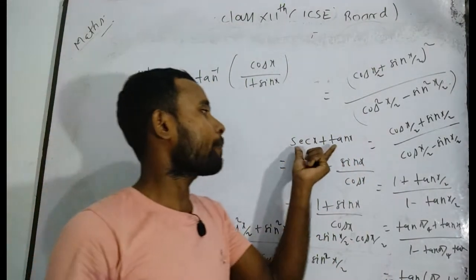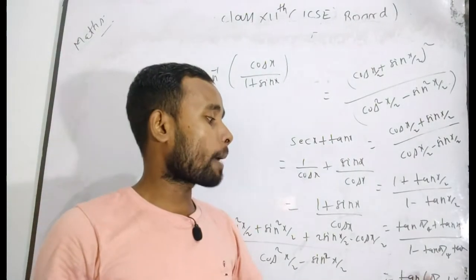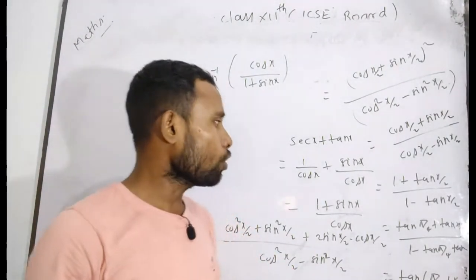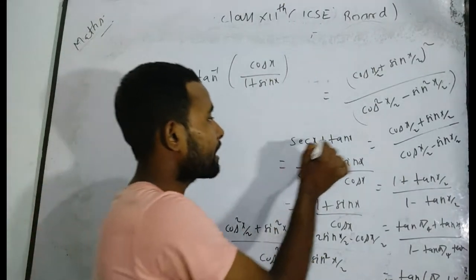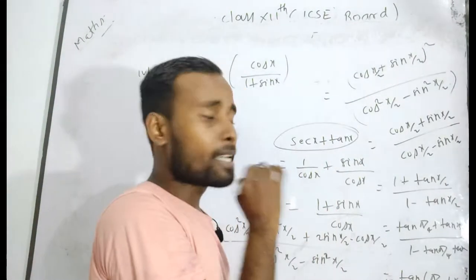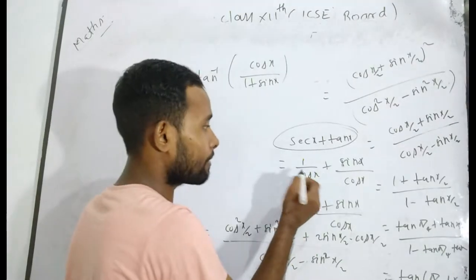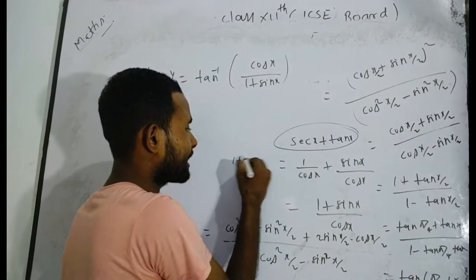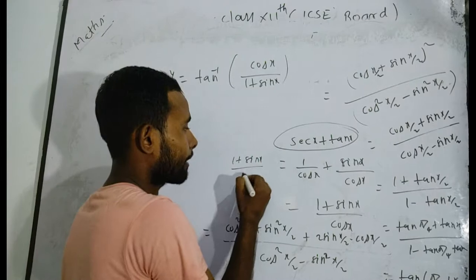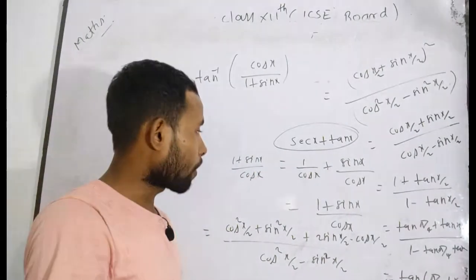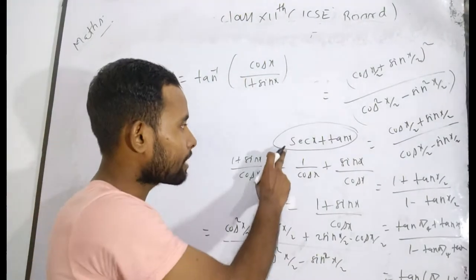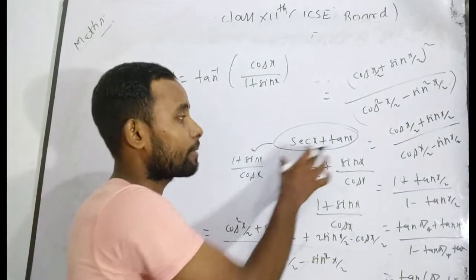This is the formula of sec x plus tan x, which will be tan of (pi by 4 plus x by 2). Do you know a very interesting fact about it? Sometimes sec x plus tan x is given in your problem. Sometimes it is given as (1 plus sin x) divided by cos x. Sometimes it is given as the second step of this problem.